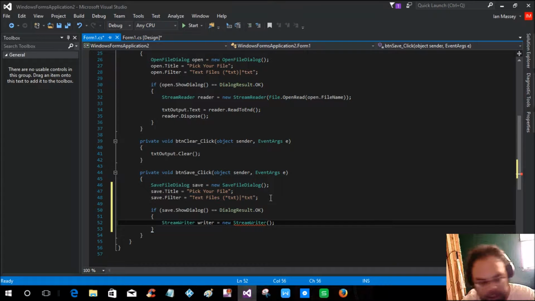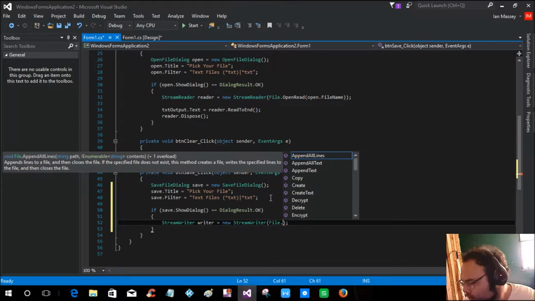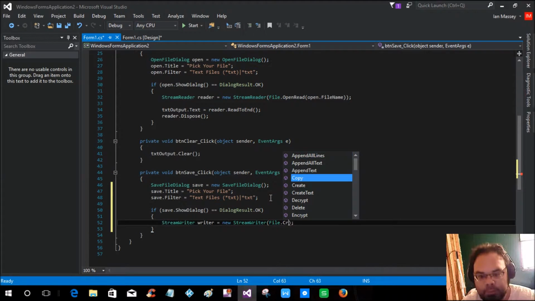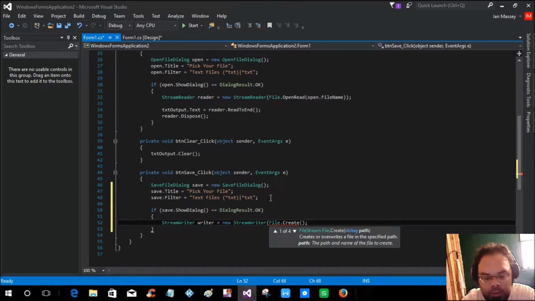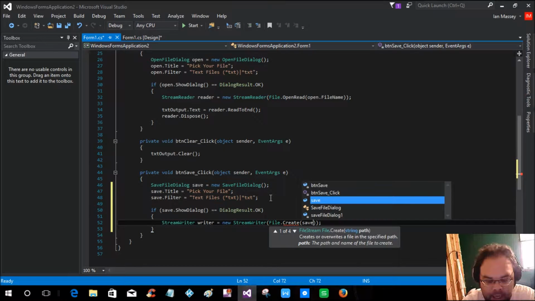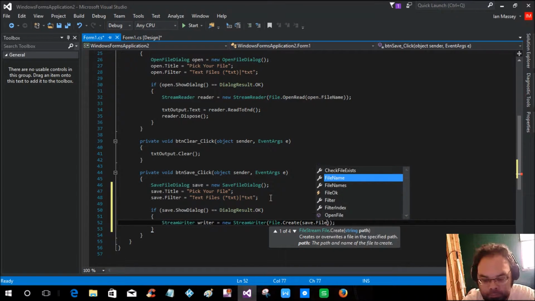So it's going to be file dot create, and then you're going to add your open closed parentheses in there as well. And then it's going to be save dot file name,